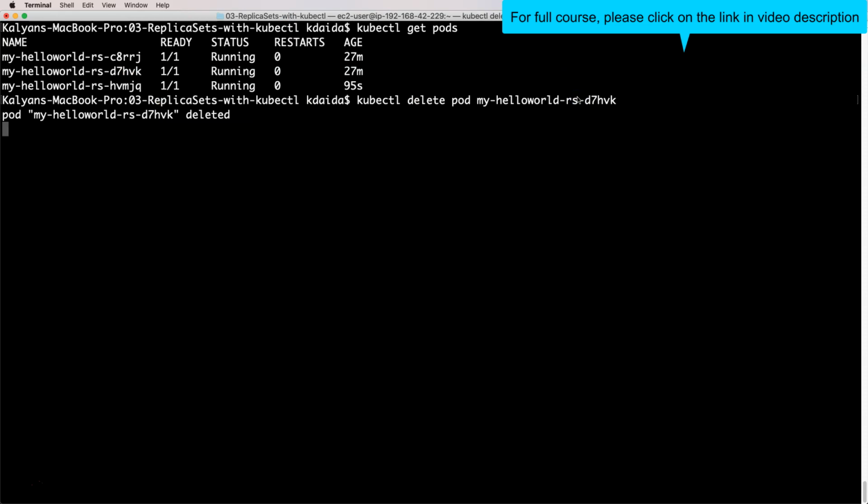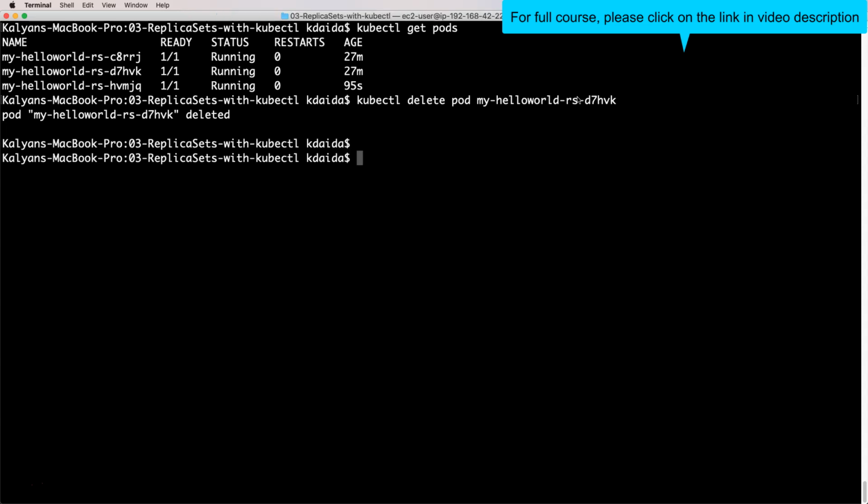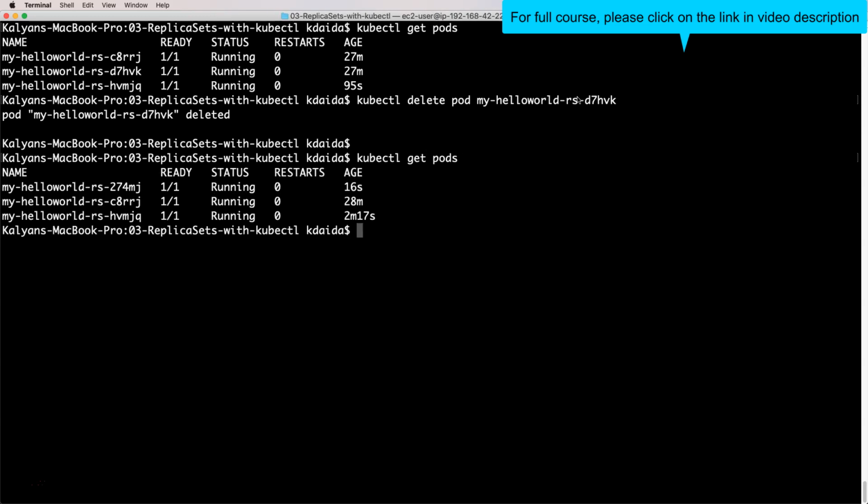Let's see that now. kubectl get pods. Now you can see D7HVK is gone, and in its place you have a new pod, 16 seconds old.